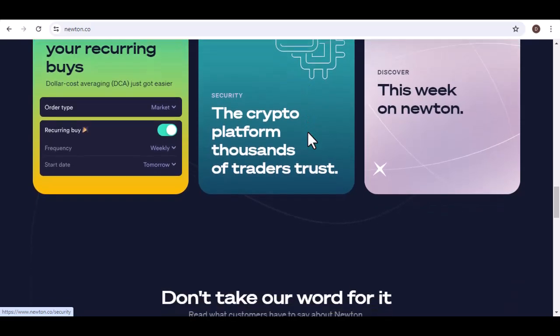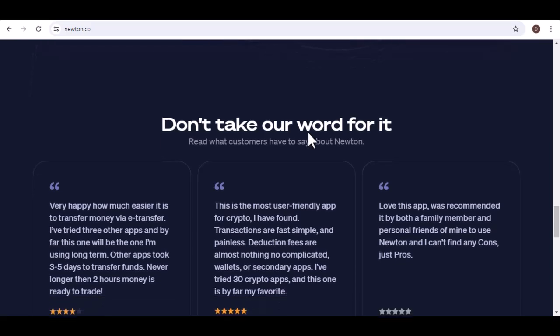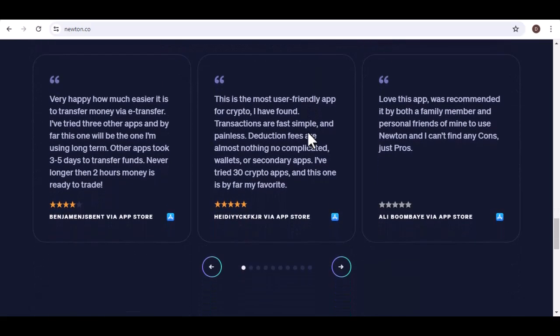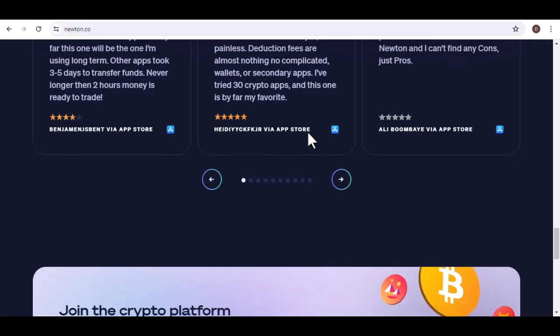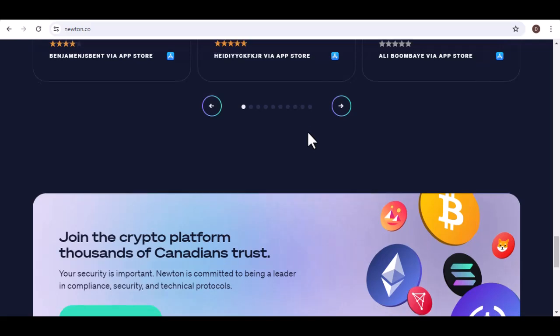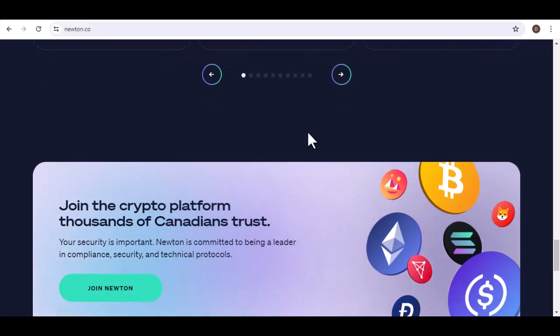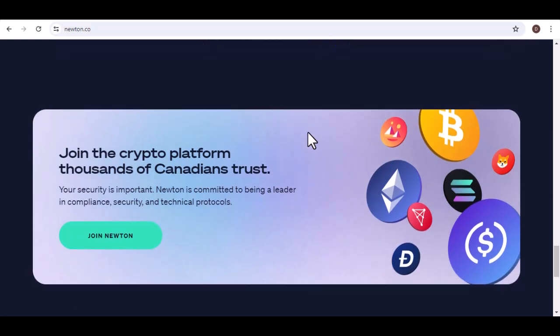10. Conclusion. Newton Crypto app provides a convenient and secure platform for buying, selling, and trading cryptocurrencies. With its user-friendly interface and comprehensive features, Newton is suitable for both beginners and experienced traders. By following the steps outlined in this video, you can start your cryptocurrency journey with